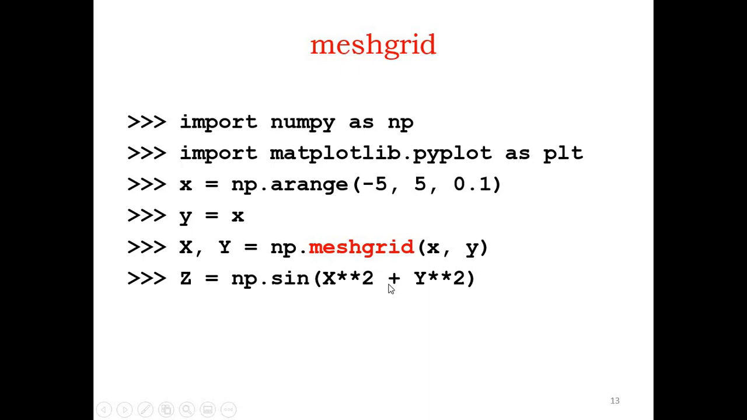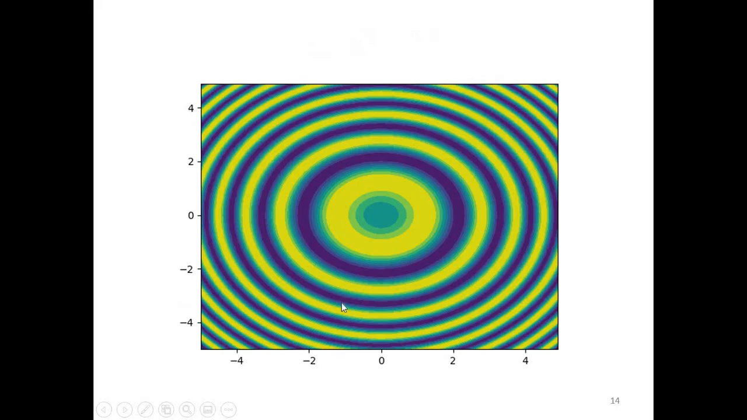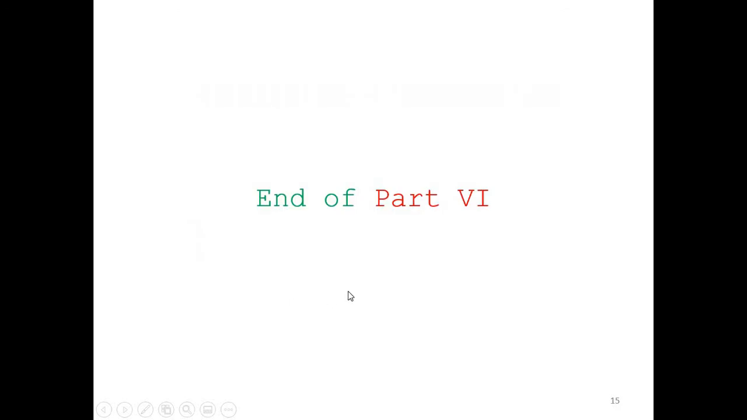Say x squared plus y squared. And now you plot through contourf. This is a function which will plot your continuous contour plot. So inside the contourf function you write capital X, capital Y, capital Z. Now on the interpreter you have to type plt.show, and see, this is the plot you got. So this is the end of the